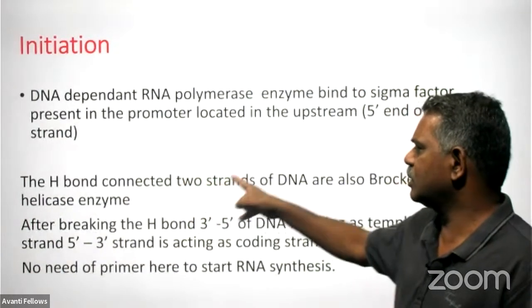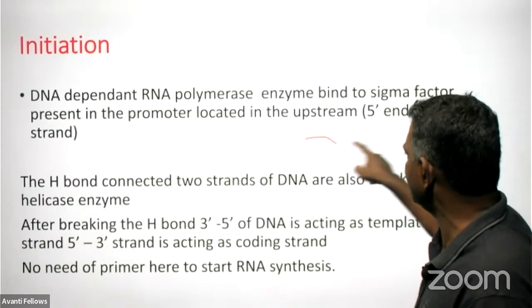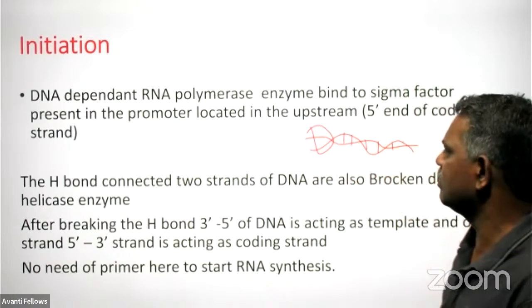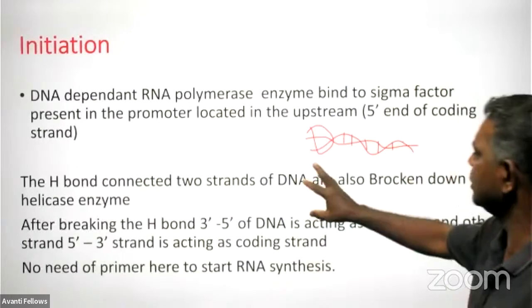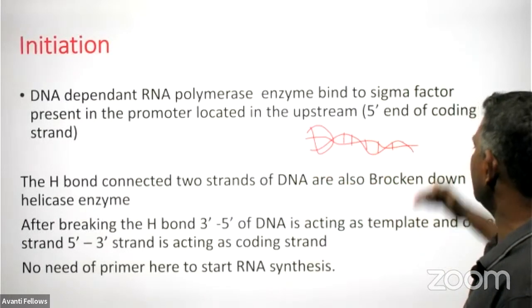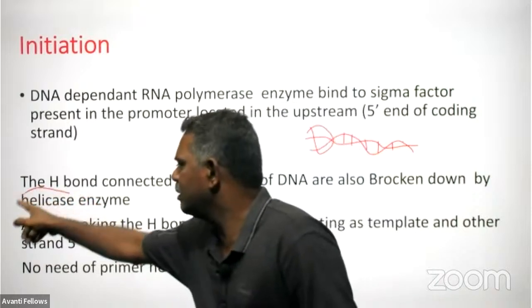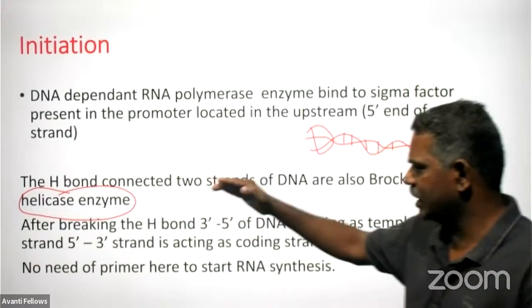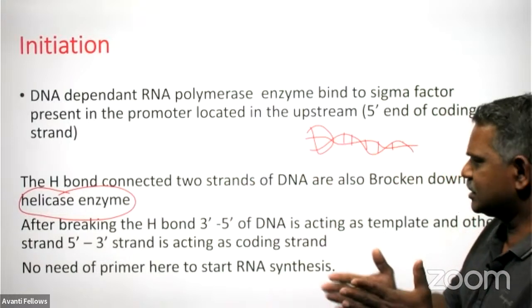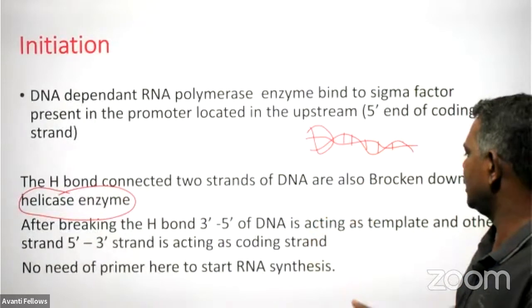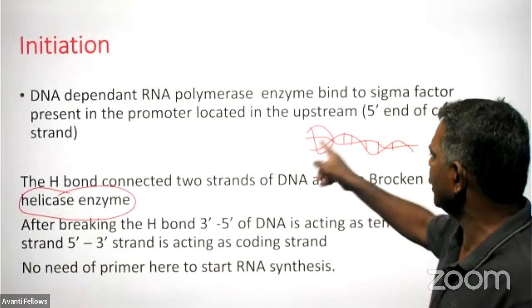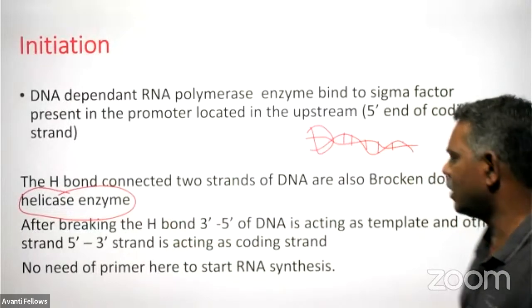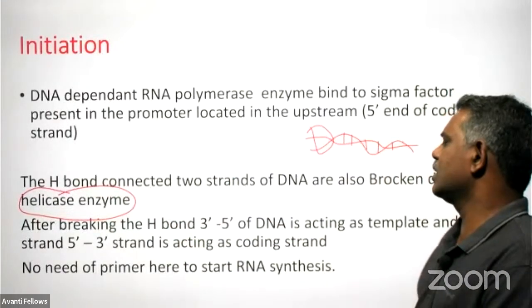Then the hydrogen bonds connecting the two strands of the DNA are broken down by an enzyme. DNA is double stranded, and the strands are connected to each other with hydrogen bonds. Already we discussed this enzyme, and it is called the helicase enzyme. After breaking the hydrogen bonds, it separates the DNA strands, with the 3' to 5' strand acting as the template, and the other 5' to 3' strand being the coding strand. No primer is needed here to start the RNA